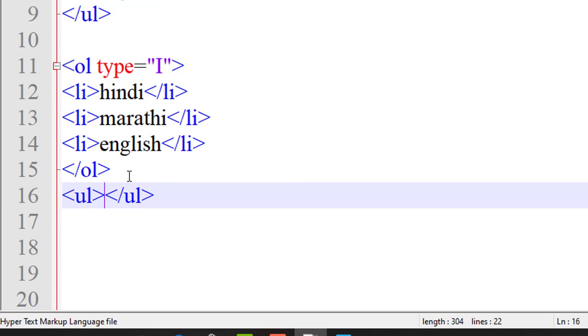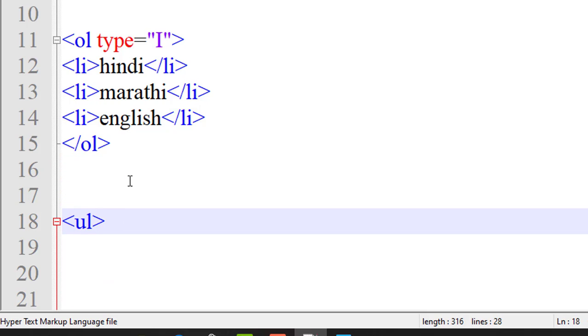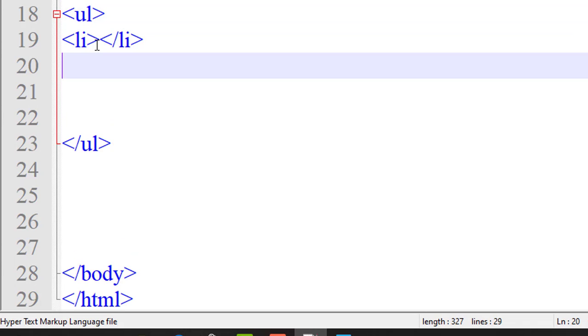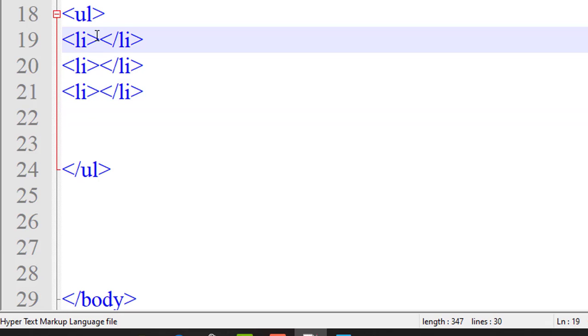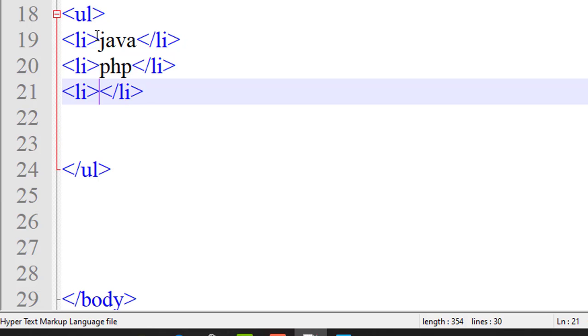Okay. Control V, Control V, Control V. In the list form, I want Java, then I want PHP, then I want ASP.NET.